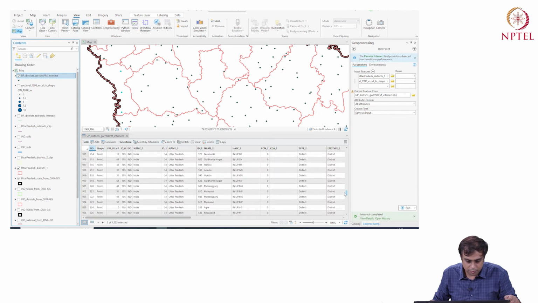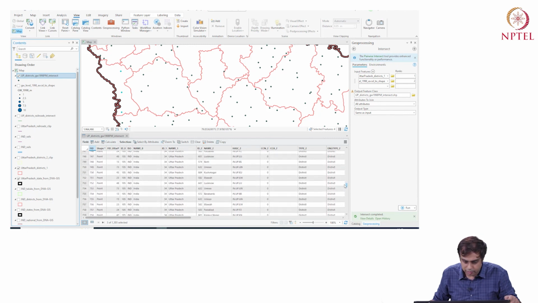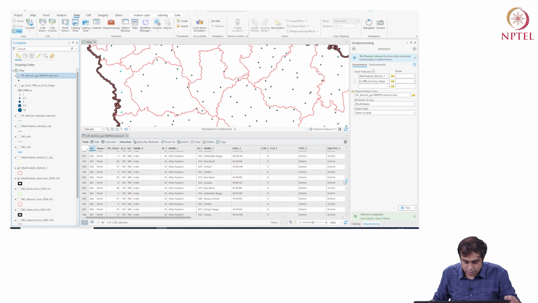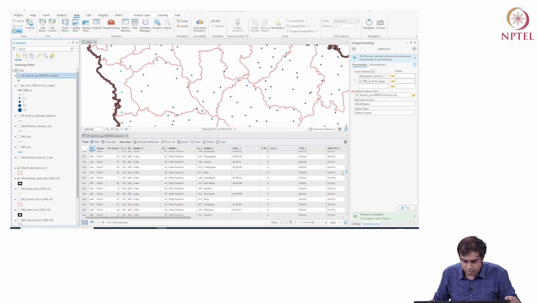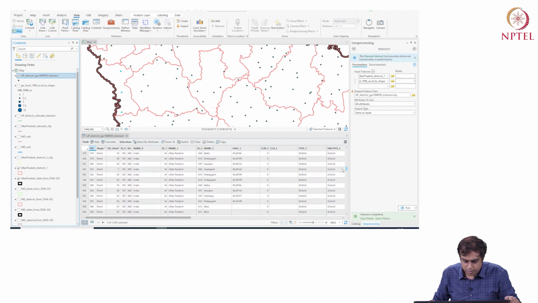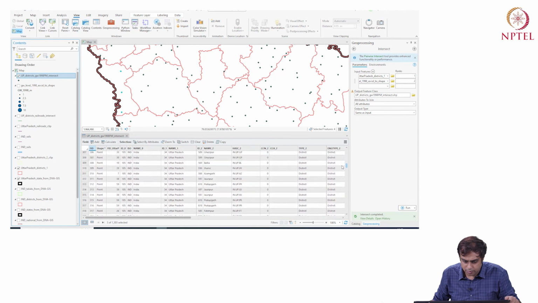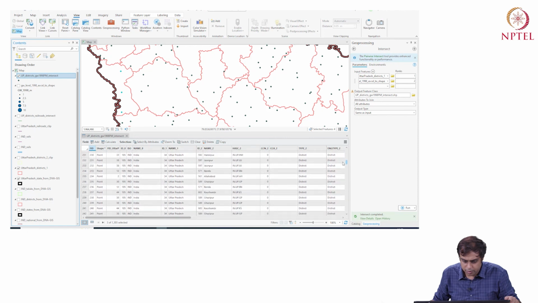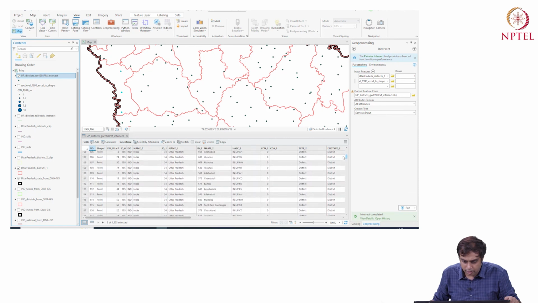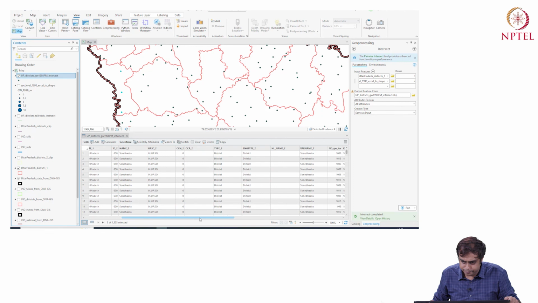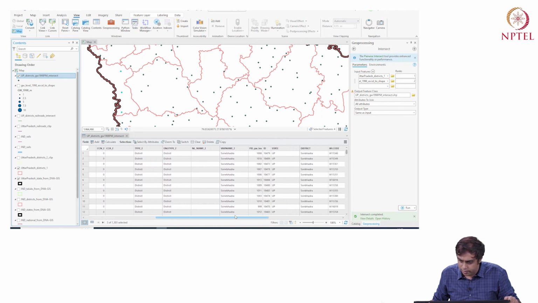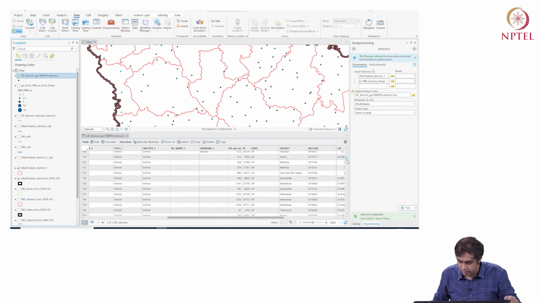Gorakhpur, Amethi, Raebareli, Unnao, Azamgarh, Balia, Ghazipur. Okay.